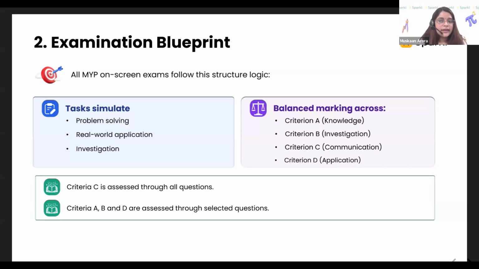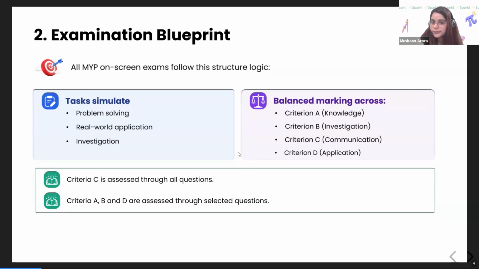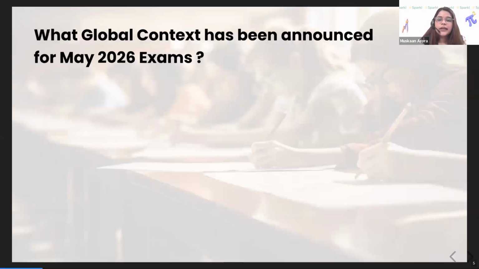Yes. The current slide that you guys can see mentions that there is balanced marking across all criterias. So we will see all four criterias being equally assessed on the paper. There is no heavy marking for one particular criteria. We can see one or two marks being divided here or there to cover the entire 100 marks, but we will see a balance across all four. Okay, are we good? All right, let's move forward.